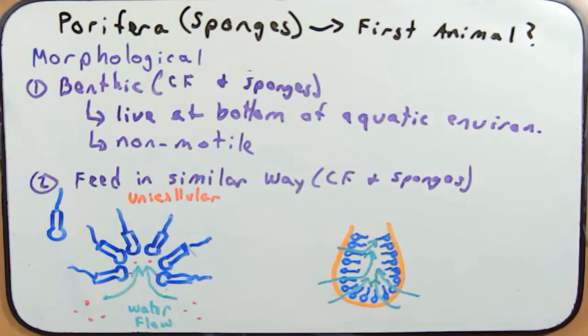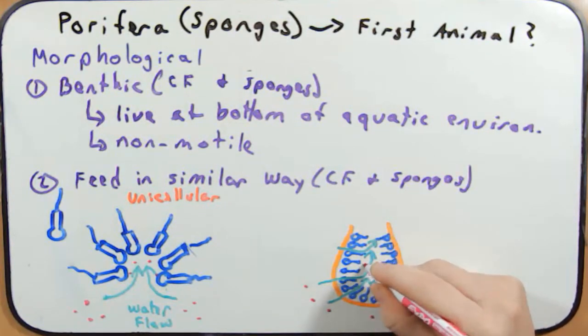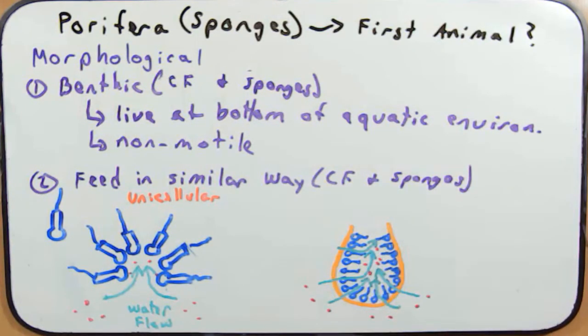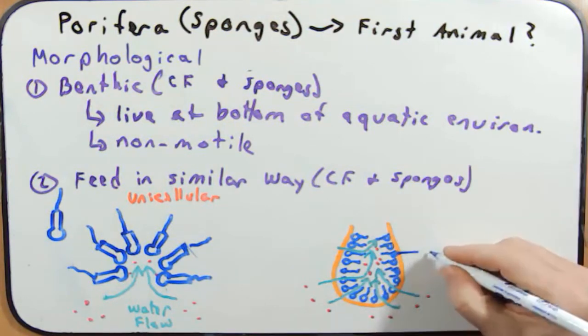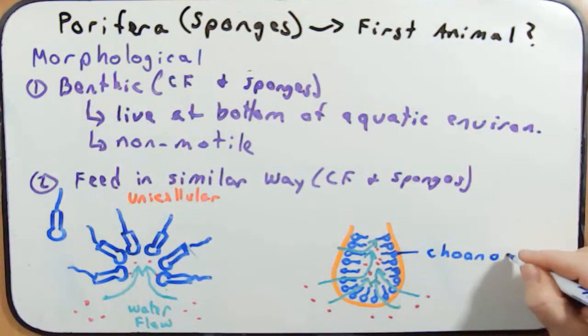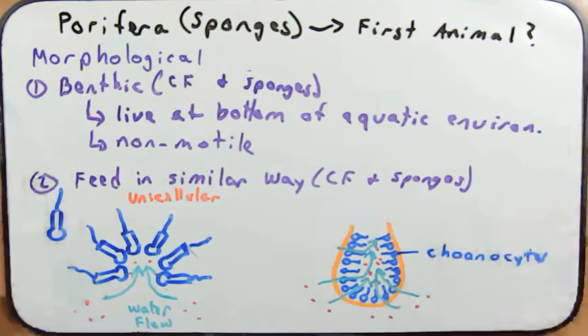And just like with the choanoflagellates, any nutrients that happen to be in the water here will get pushed through the sponge and digested within the inside of the sponge. So in this way, they're feeding in a very similar way. In fact, because of their similarity, these specialized cells in the sponge we call choanocytes. So these are two pieces of morphological evidence that suggest that the sponges are very similar to the choanoflagellates, the